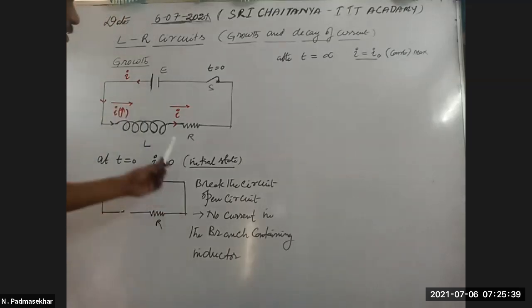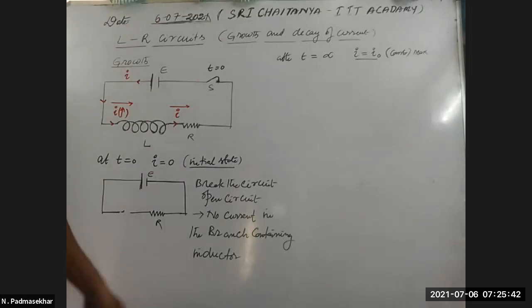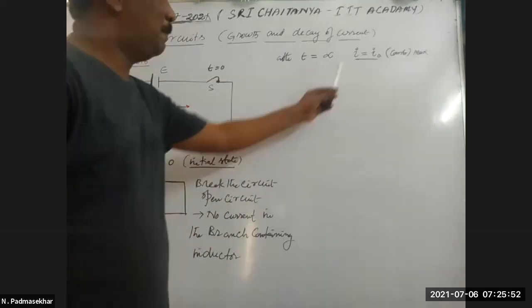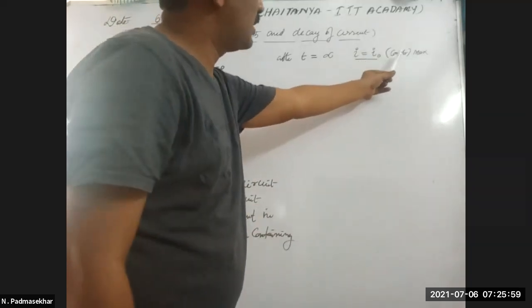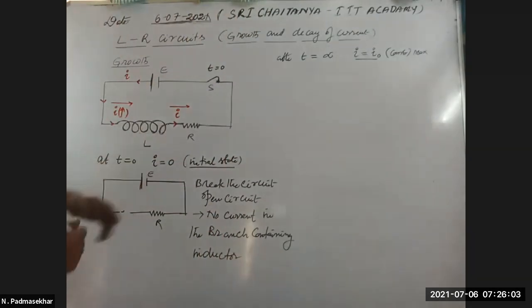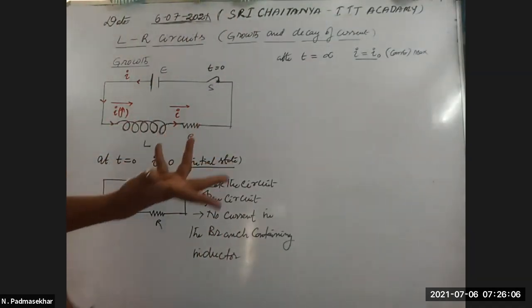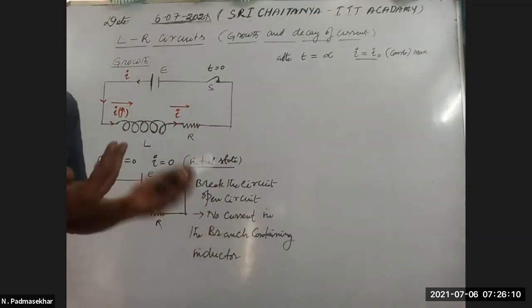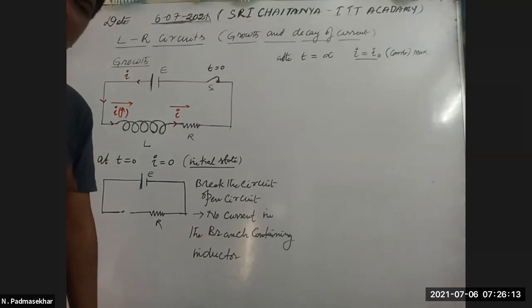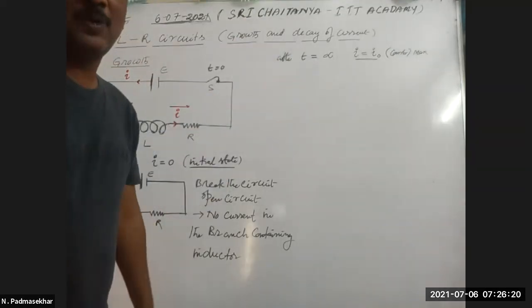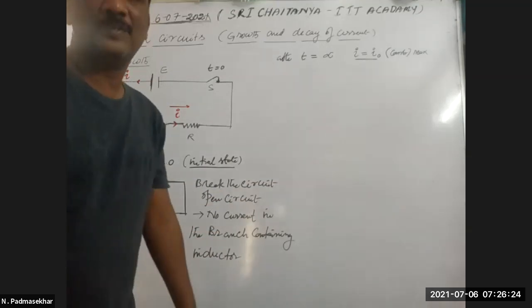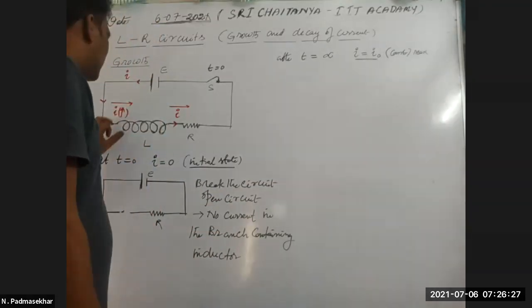There is no flux change. If there is no flux change, no EMF is induced. If no EMF is induced, there is no induced current. If there is no induced current, there is no opposition. What does this mean? Whenever the current reaches maximum, that is a constant current, and the inductor plays no role in the circuit. What role does it have, what opposition? Until now it was opposing. Even with the opposition, it reaches the maximum value but takes more time. After reaching the maximum value, the inductor plays no role.